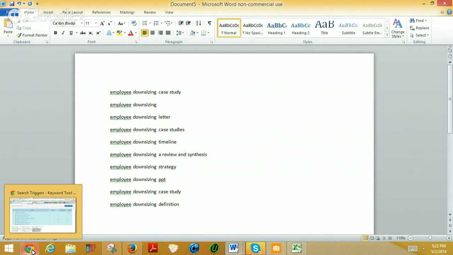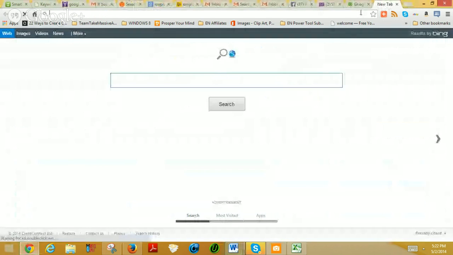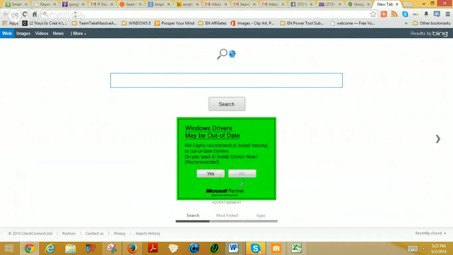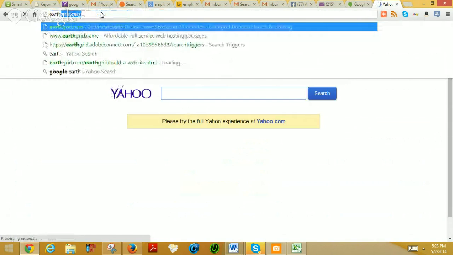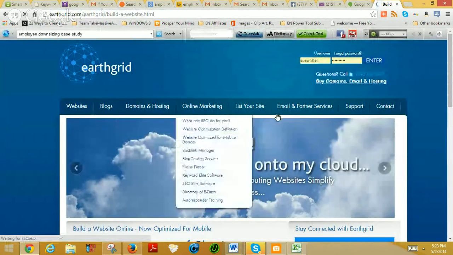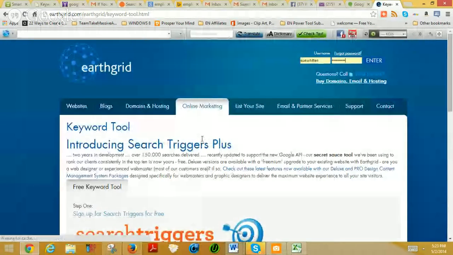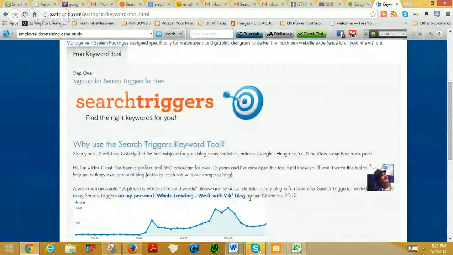Well, I'll go back to my AC/DC article. Go back to SearchTriggers. Let me show you something. Let's open up a new tab and go to earthgrid.com. Just type in earthgrid.com and enter. Then go over to online marketing, and then keyword tool. Scroll down a little bit lower. Yeah, so that's how my